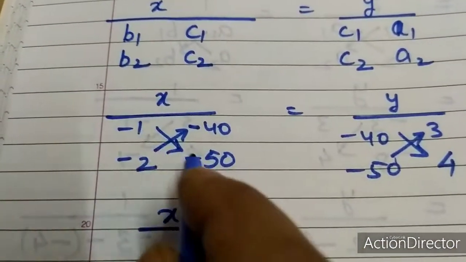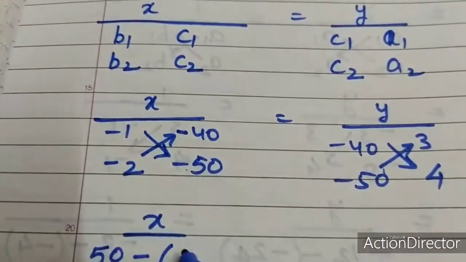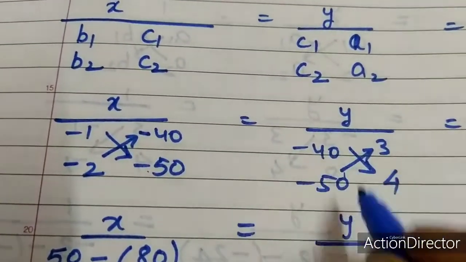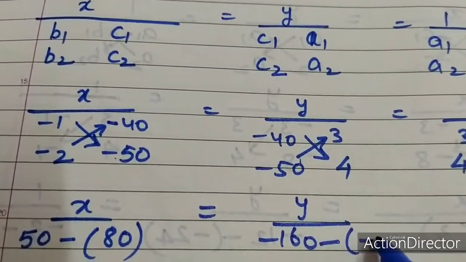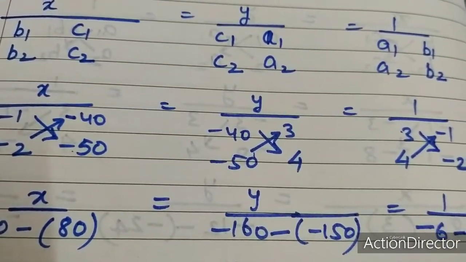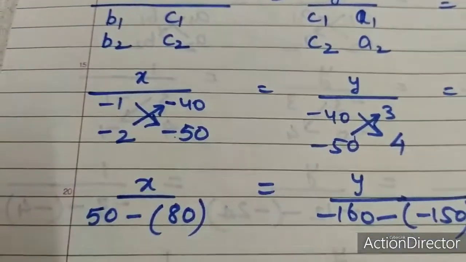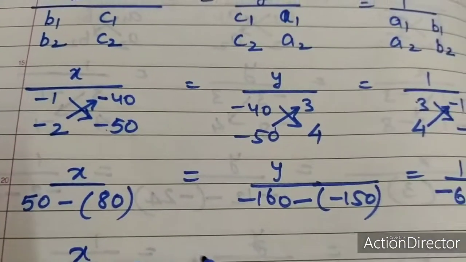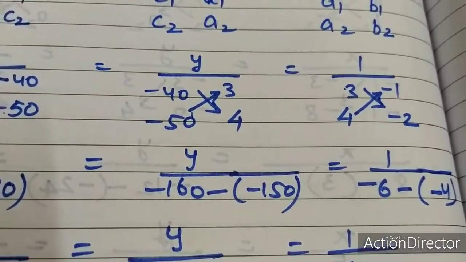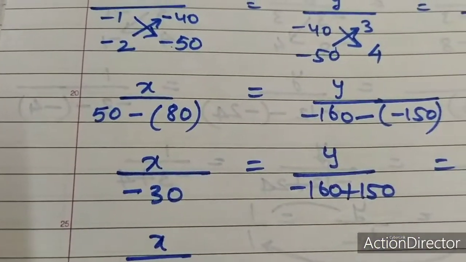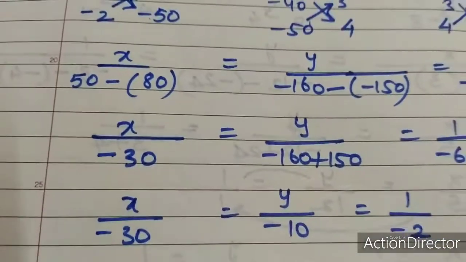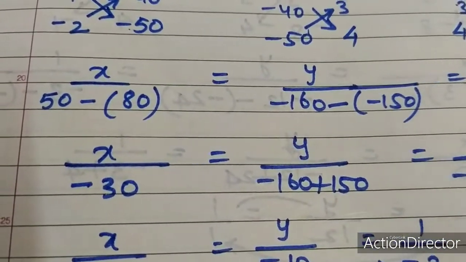तो x, इन दोनों को मल्टीप्लाई करेंगे तो 50 माइनस ये दोनों मल्टीप्लाई करोगे तो 80। याद रखिए दोनों माइनस के हैं इसीलिए आंसर पॉजिटिव आ रहा है। इज इक्वल टू y अपॉन, इनको मल्टीप्लाई करेंगे तो -160 माइनस -150 विद माइनस साइन, इज इक्वल टू 1 अपॉन, ये दोनों -6 माइनस -4। ये पूरा लिखना है आपको। इसके बाद x अपॉन ये आ जाएगा आपके पास -30, ये होगा y अपॉन -160 प्लस 150, इज इक्वल टू 1 अपॉन -6 प्लस 4। x बाय -30, y अपॉन -10, 1 अपॉन -2। देखिए तीनों नेगेटिव आ गए पर कोई प्रॉब्लम नहीं है, हमें इन दोनों को इक्वेट करना है।